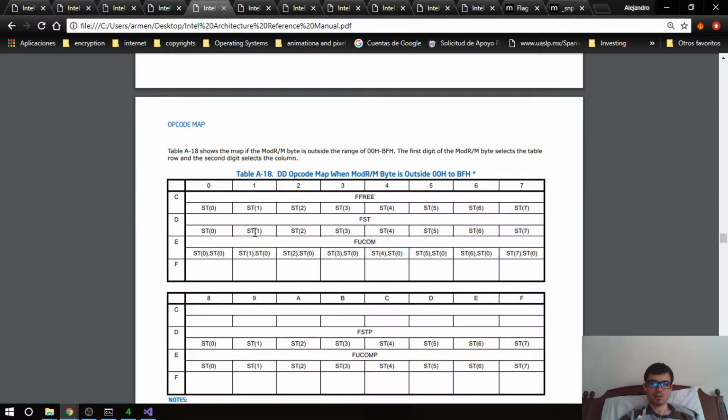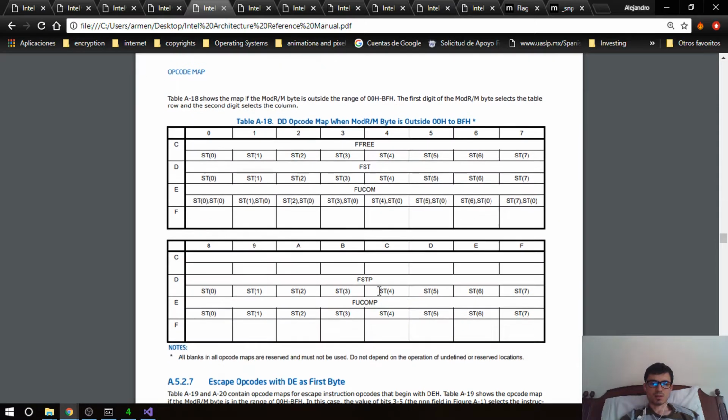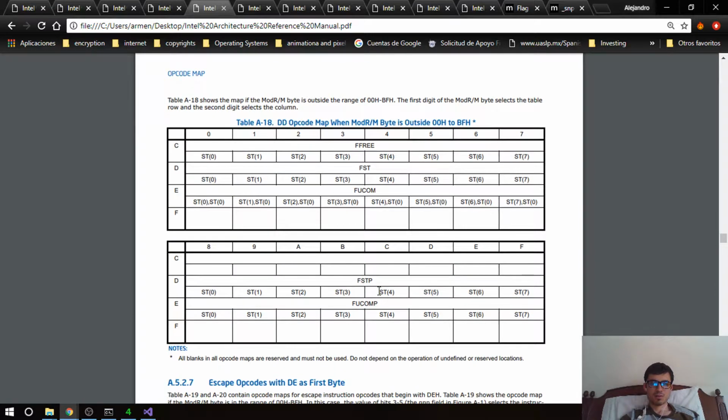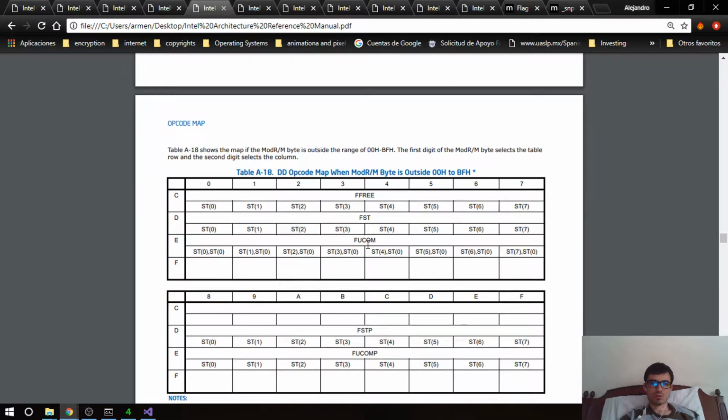FST, FUCOM, FSTP, FUCOMP: store, compare, store and pop. In order to compare and pop,